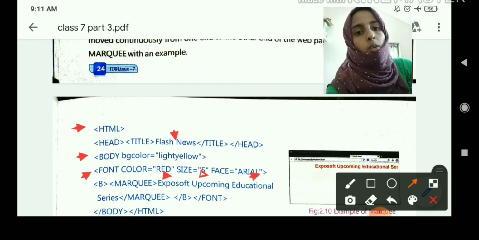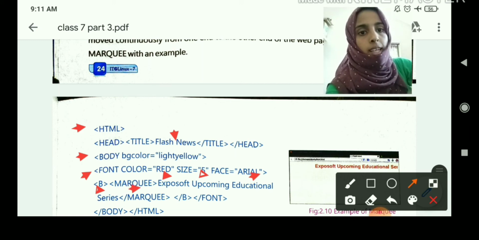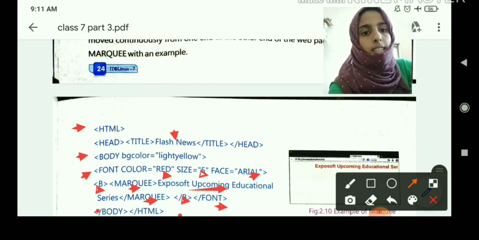Then we use the B tag to make a text bold. Then marquee, then the text: Expo of the upcoming education serial. After writing the text, we close the tags: marquee, B, /font, /body and /html.